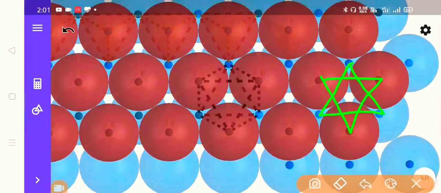So in this case, at the center of these 6 spheres we have an octahedral void, and we can see through it. Similarly, the same situation is repeated here. You will have an octahedral void here. Again, one more octahedral void is here, one more is present here, and so on.